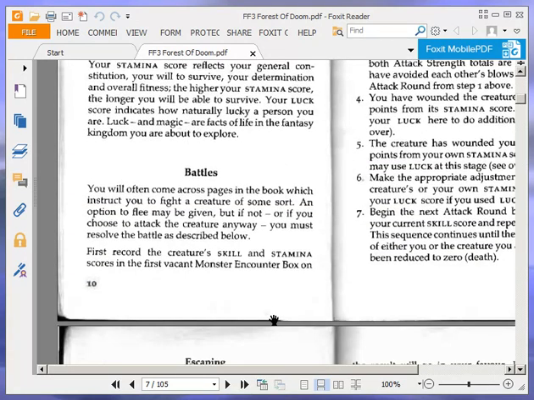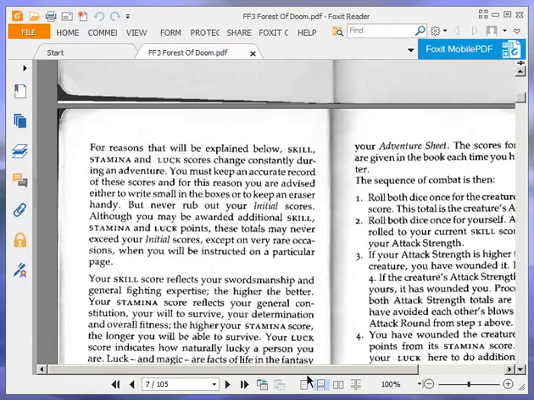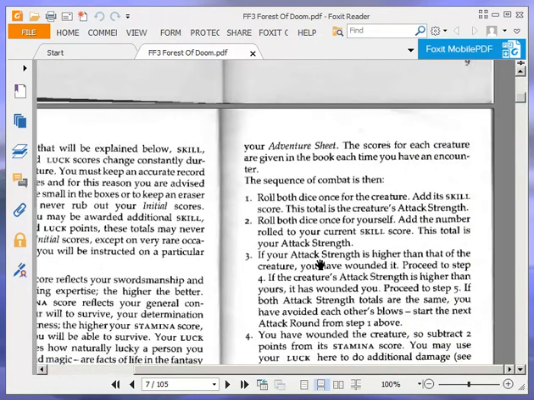Battles. You will often come across pages in the book which instruct you to fight a creature of some sort. An option to flee may be given, but if not, or if you choose to attack the creature anyway, you must resolve the battle as described below. First, record the creature's skill and stamina scores in the first vacant monster encounter box on your adventure sheet. The scores for each creature are given in the book each time you have an encounter. The sequence of combat is then... That should be thus. Not then. The sequence of combat is thus...